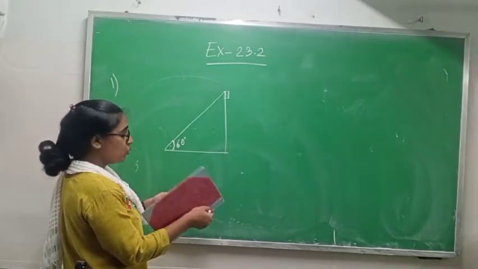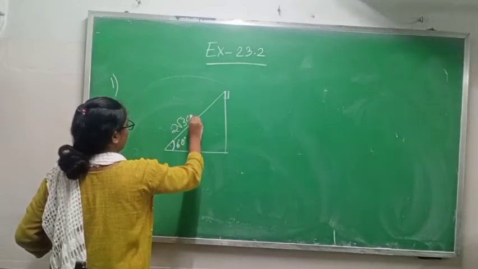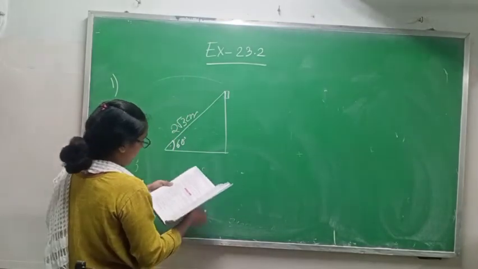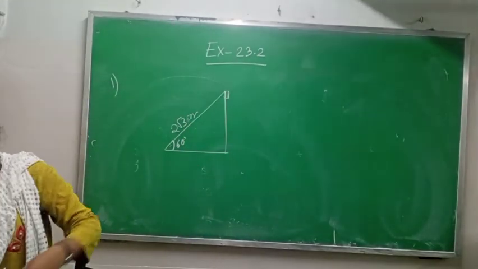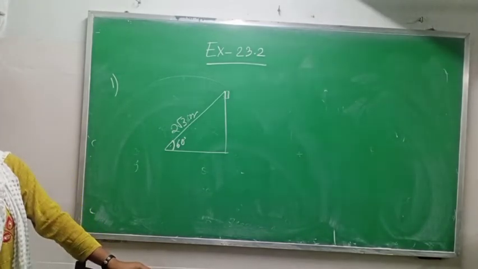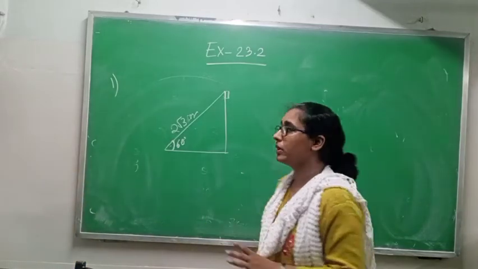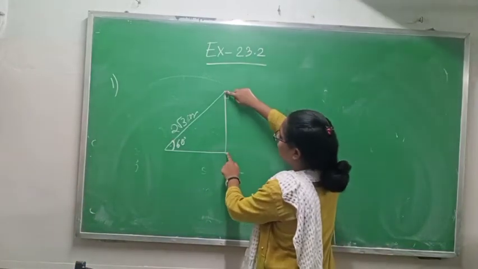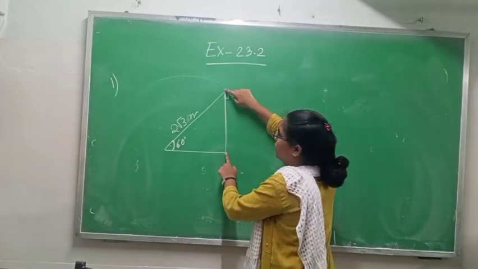If the ladder is 2 root 3 meter, then let us find by calculating with a figure the height of our window above the ground. The height of our window above the ground means they are asking the height of your window from the ground. Okay, what is the height?